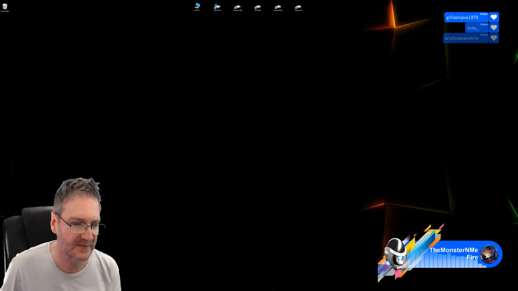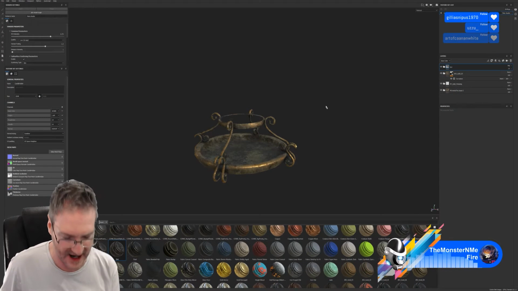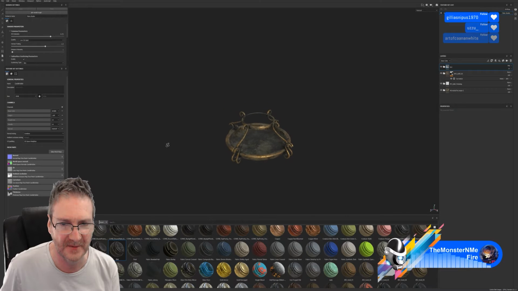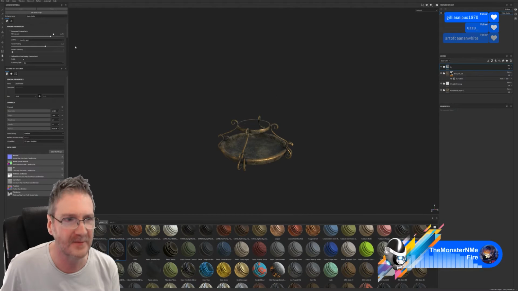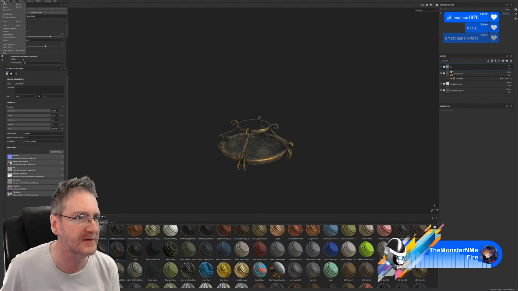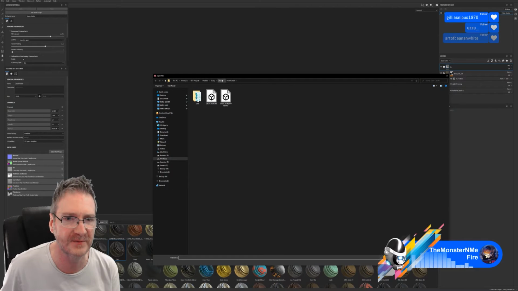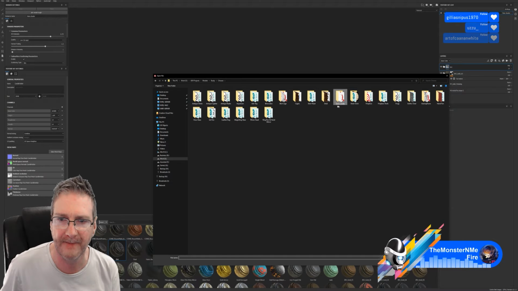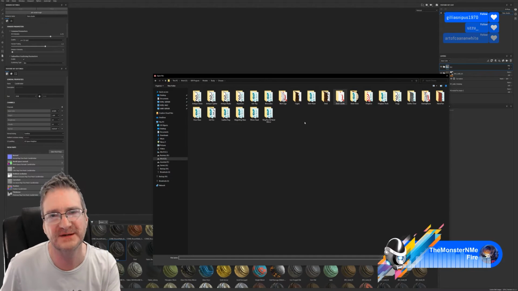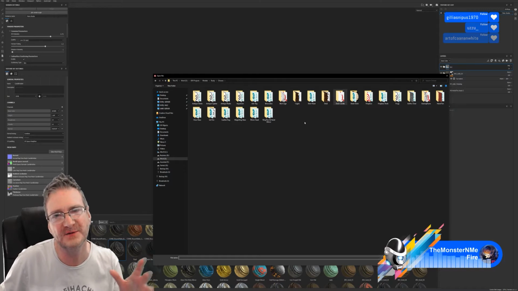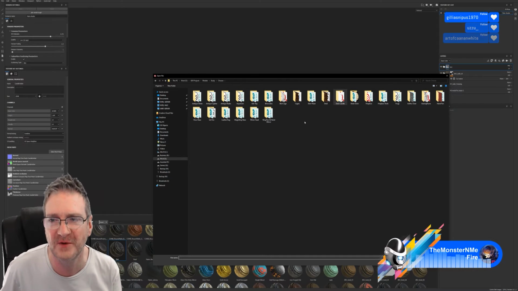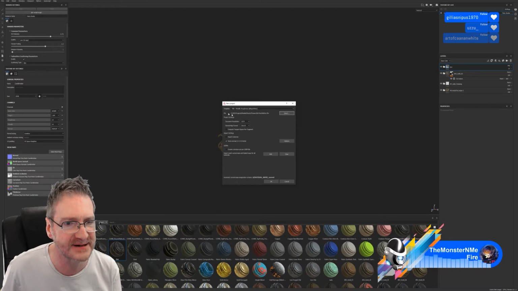Let's jump into Substance Painter. And this is the candle holder we just textured up. Let's create a new project. Thanks, I'm glad you like it. So let's select the pen we just exported. I thought we'd work on a few smaller bits and pieces because we worked on the fireplace last week, you know, the bigger objects for the room. I thought it might be more interesting to work on a couple of the smaller assets that are going to sit on the desk.